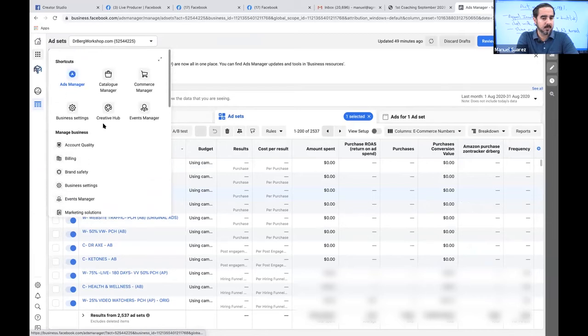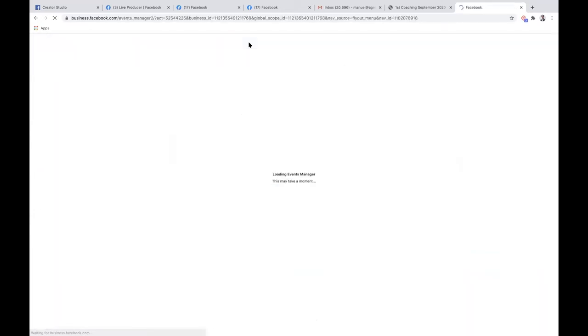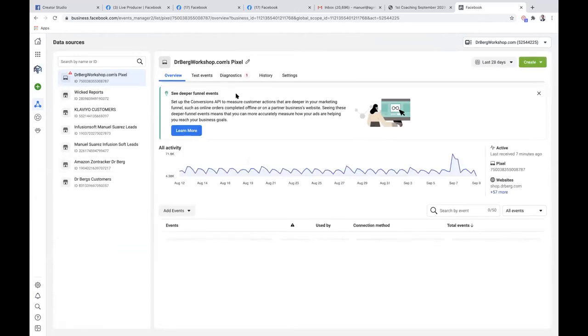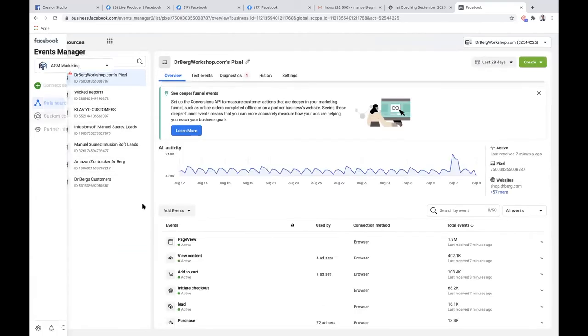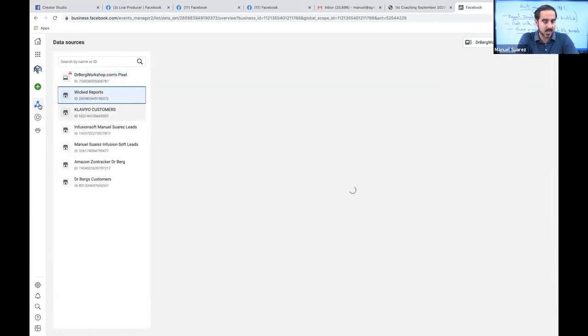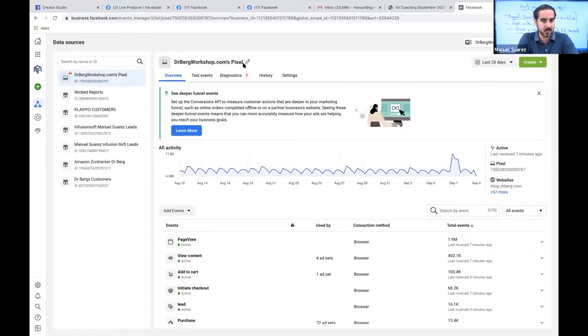What is it? Pixels data can be accessed via Events Manager or Business Settings. You can assign assets via Business Settings to the pixel. Correct. So we have all these events over here. So let's say, for example, wow, they changed this. It looks different. Look at this. Events Manager, data sources, connect data sources. So we're going to go in here, and then we're going to go to